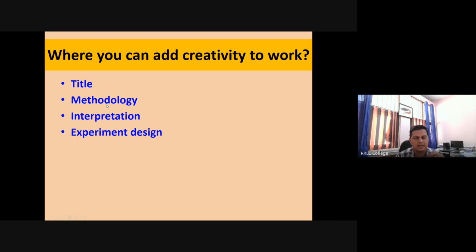Third, so why don't we add? We can change the methodology. आप फील्ड में जाओ, अगर आपको लगता है कि no, this can be changed. Instead of 5 meter, my area is very large, I can take samples at 20 meters. You do it, right? This doesn't mean field ecologist या field